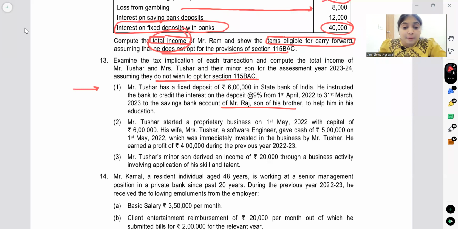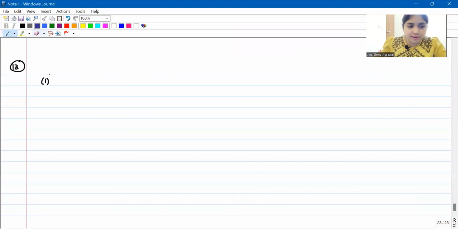It doesn't matter to whom I'm transferring. It doesn't matter whether this is relative, non-relative and all. Transfer of income without transfer of asset, clubbing will be attracted. They asked us to examine the provisions. So first we will write our provision, write down